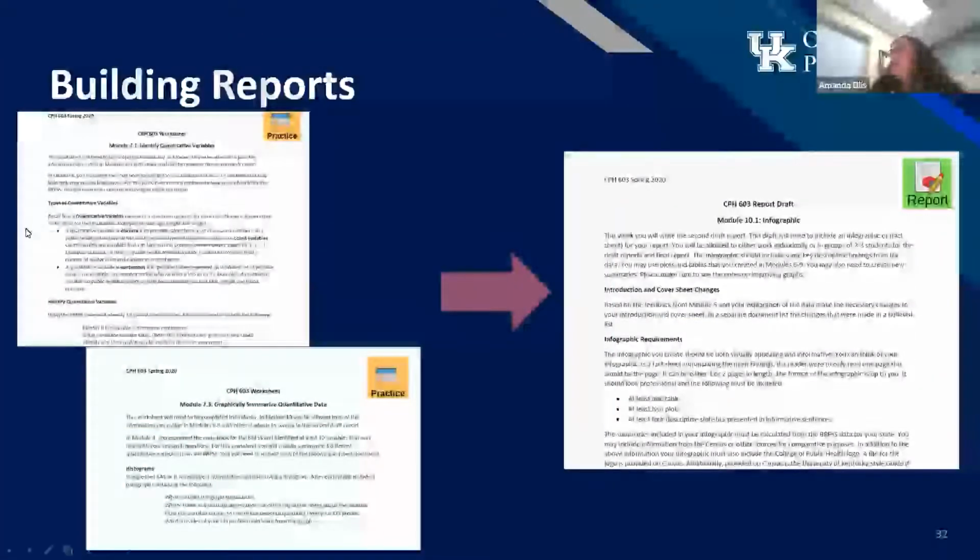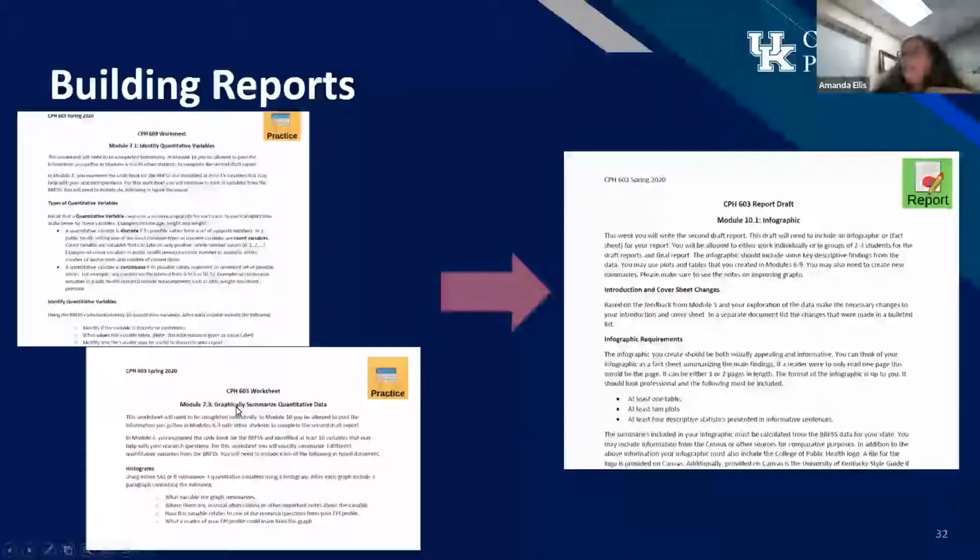And so here's another example of this. Here we've got a worksheet on identifying quantitative variables. Students would have to go through the BRFSS and look through the code book and identify 10 quantitative variables. After each of them, they would have to give some information. Then they would graphically summarize some of those quantitative variables, again from the BRFSS. You'll notice that I ask questions like how this variable relates to one of the research questions from your EPI profile. Each of the students would do these worksheets by themselves.